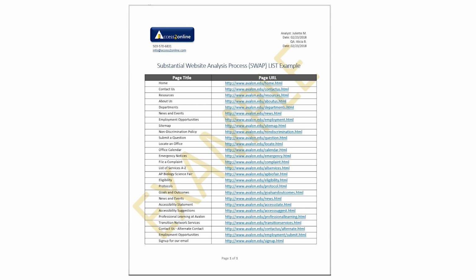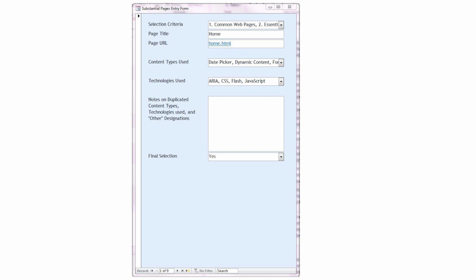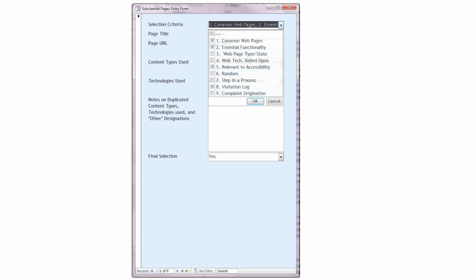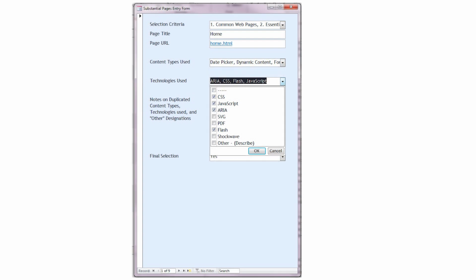The most popular guidance for this is called WCAG Evaluation Methodology, or WCAG-EM, with 9 distinct evaluation processes. This example includes all of the pages to be considered as part of the substantial website. Those that are common web pages, provide essential functionality, those directly related to accessibility, those that provide instructions, content types such as forms, tables, multimedia, technology types such as important process steps, popular pages in the visiting log, and any pages that have had an